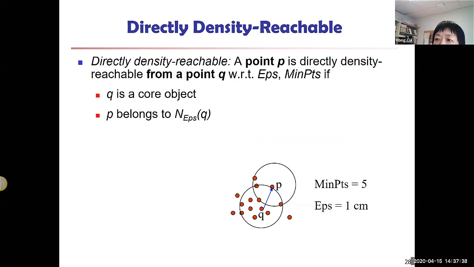Okay, so we need to get a few more definitions before we move on to the algorithm itself. Those terminologies are important because if you read any density-based clustering algorithm papers, you're going to run into them. So you need to become familiar with them so that you can explore density-based clustering on your own in the future. Directly density reachable,